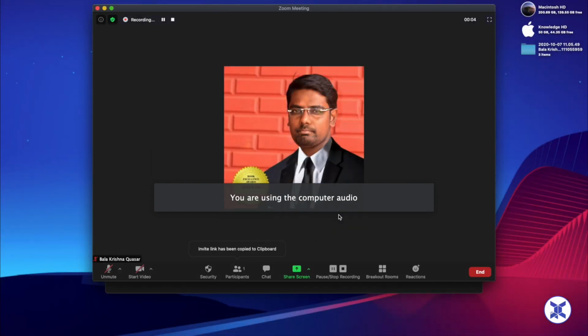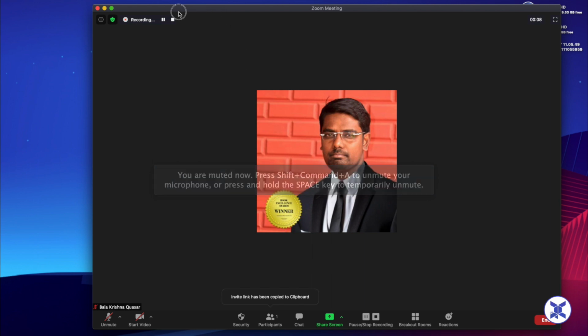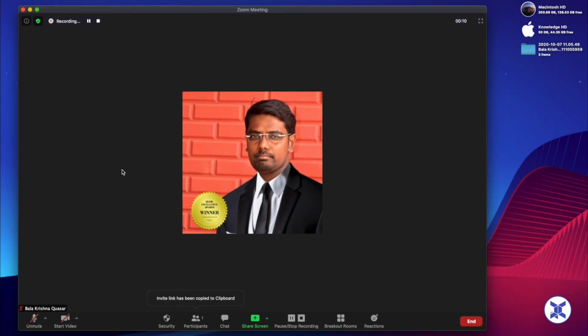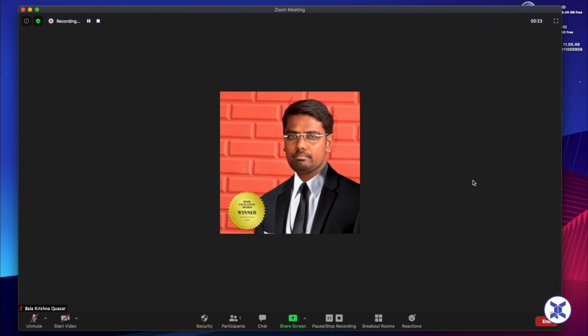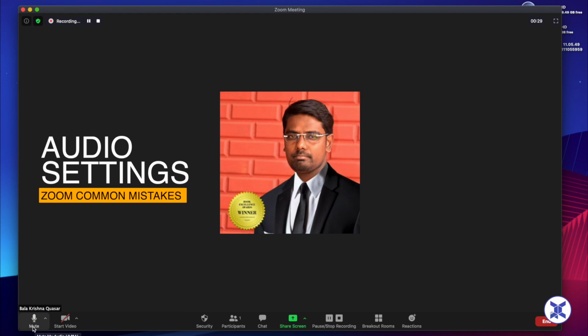First thing, when you start up the Zoom application, either as a student or a host, please see these two buttons: one is the volume button, the other one is the video button. If you are not able to speak to the host, then you need to unmute yourself. When you unmute yourself, it means the host will be able to listen to your voice.